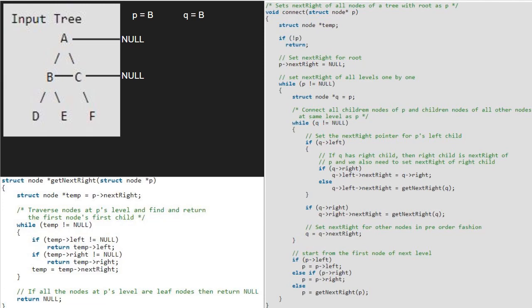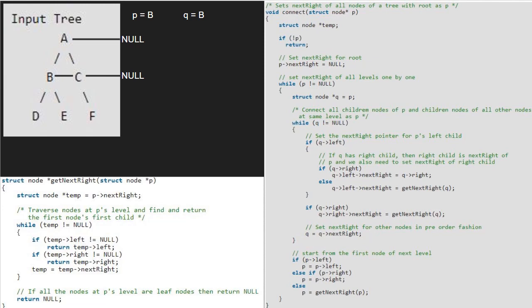As Q is not null, we enter the inner while loop. Next, we check if Q has a left child. As B has a left child, which is D, we further check if B has a right child. As node B also has a right child, we make Q's left's next right point to Q's right.